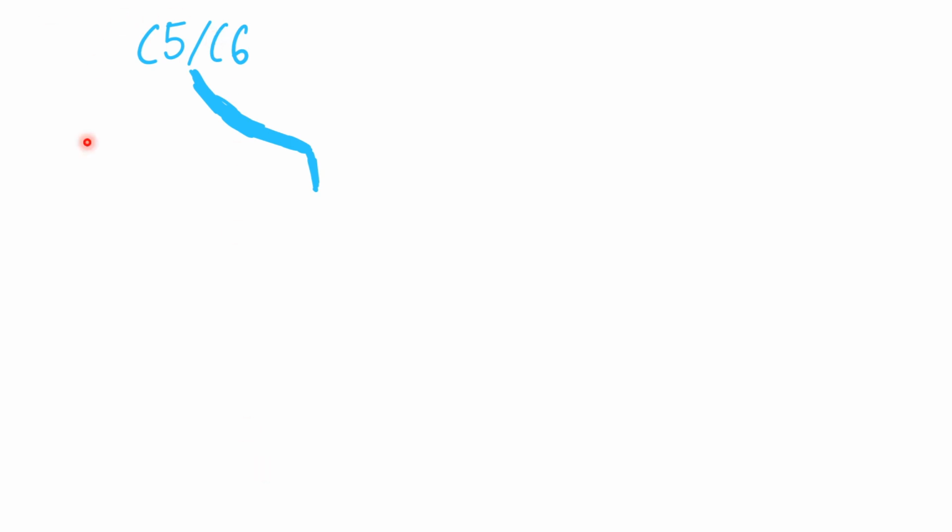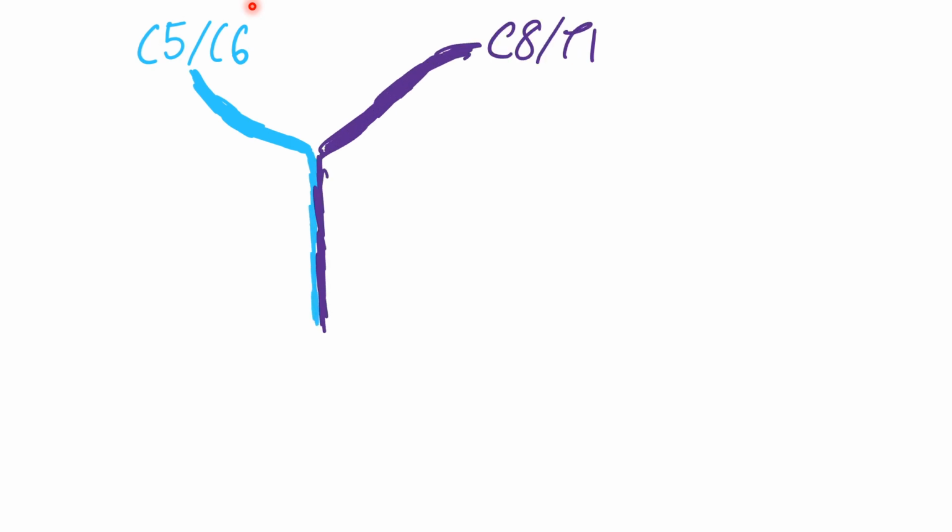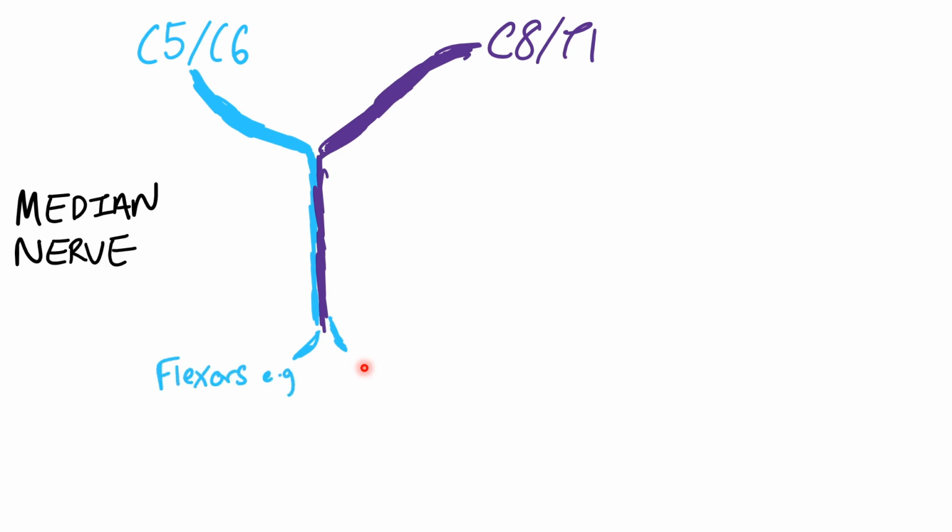So obviously the median nerve has contributions from C5, C6, and also C8 to T1. So C5, C6 is our lateral cord, and these roots converge to form our median nerve. This doesn't mean that the flexors are purely from C5, C6, but you can think of them as mostly from C5, C6 with some from C8, T1. So you get flexors from the median nerve. And these are usually your flexor carpi radialis, your flexor pollicis longus, your pronator quadratus,